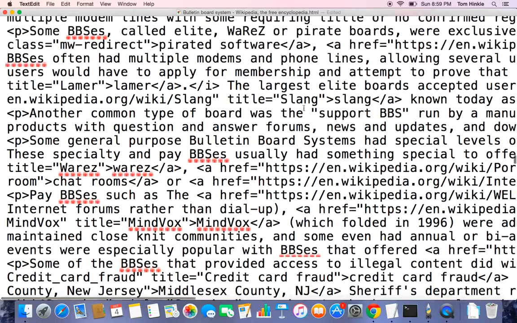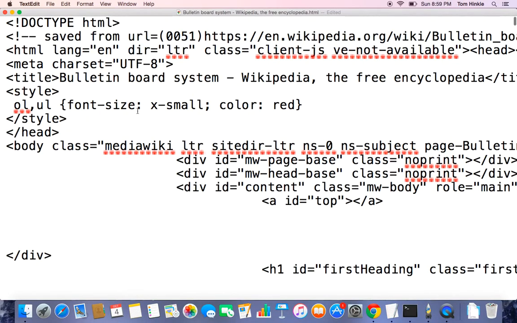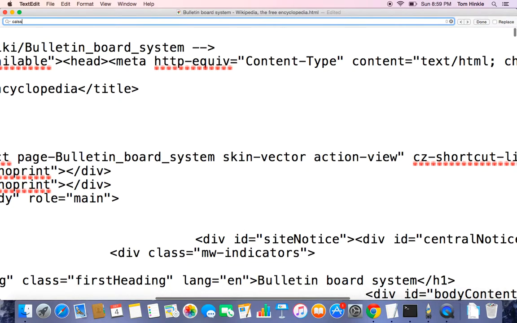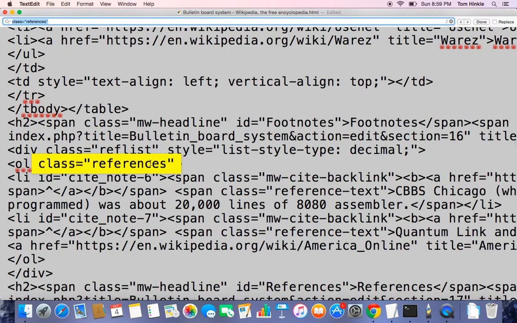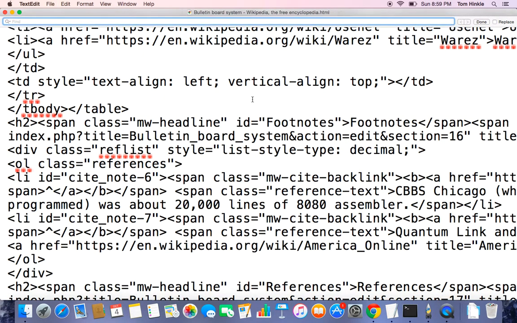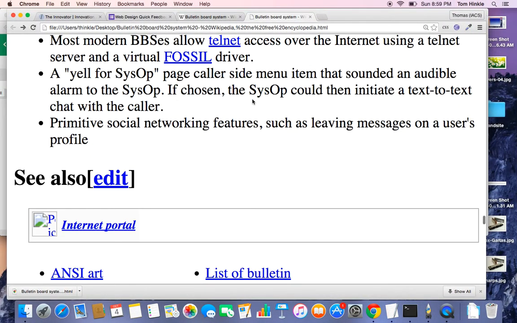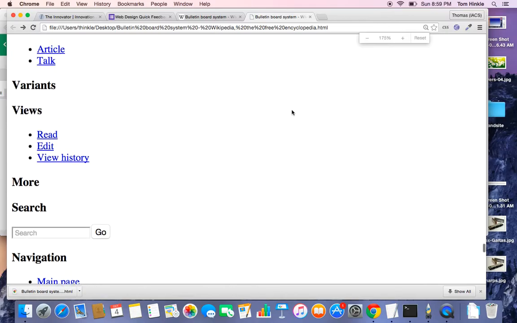So if we pop up to our CSS at the top, we can go ahead and where I had put ordered list and unordered list, I'm going to put dot, which is the CSS selector for a class, and the word references. Now the capitalization is going to matter, so hopefully the code said exactly class equals references. There I just found it to make sure, and I've got the spelling exactly right. There's actually something called ref list above I could use, but let's go ahead and use that for now. Class equals references. If I reload the page, zoom out a little bit so we can see,